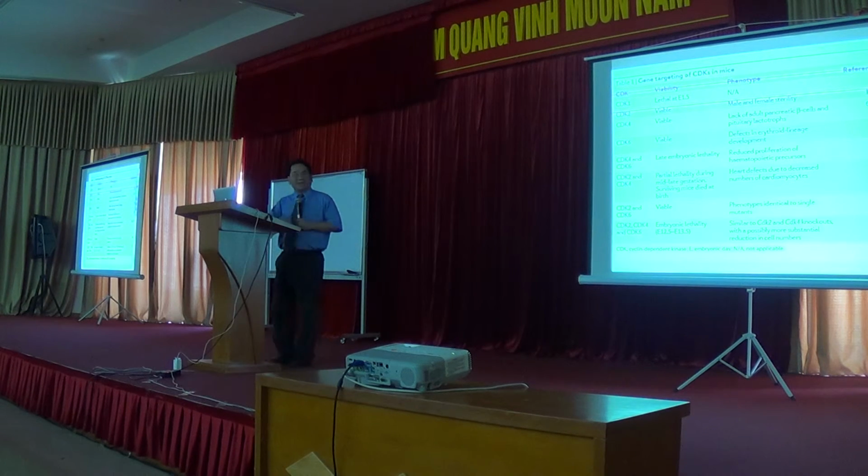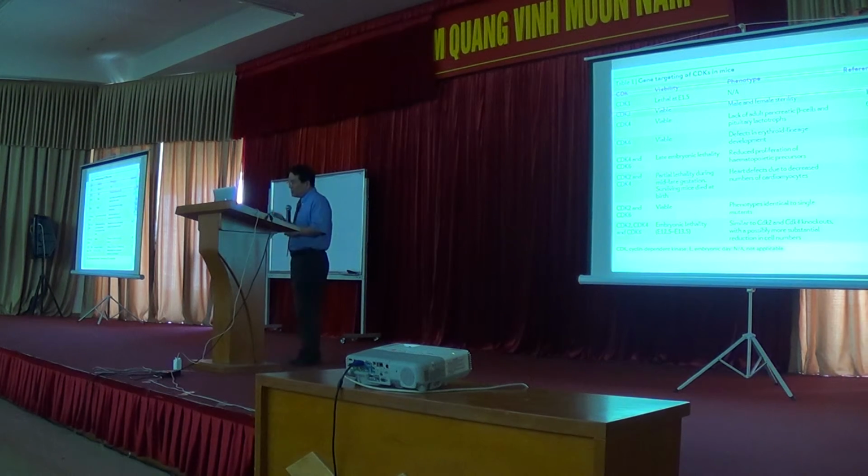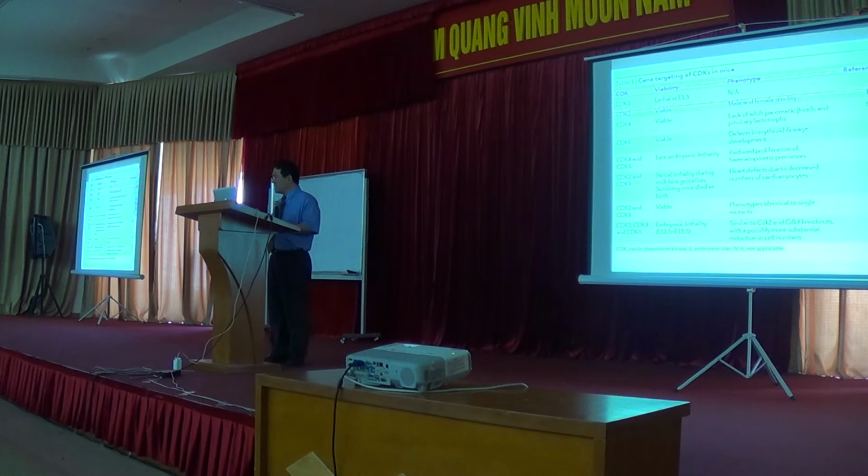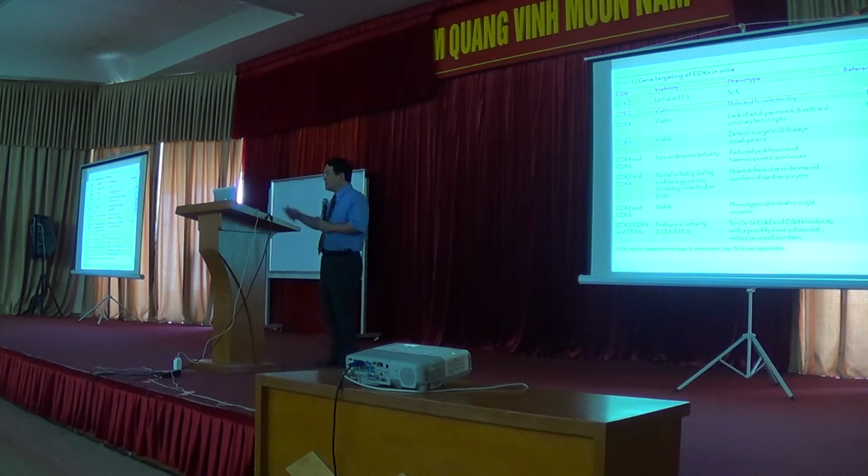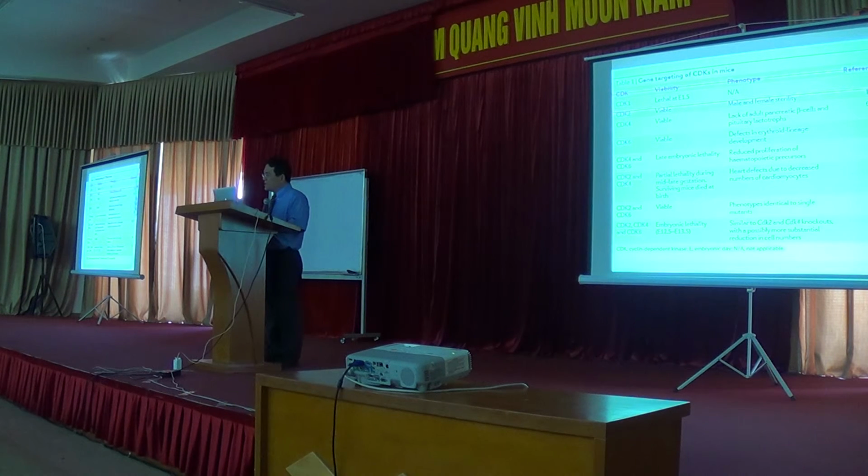Okay? So here, I just want to point out to you, these genes are very important for cell cycle proliferation, as we found out earlier. But we do want to know how indeed they contribute to the cell cycle. So the geneticists or scientists try to knock out either cyclin or CDK, okay? Here, just pointing out to you, CDK1 is the one we talked about. CDC2 is involved in M phase. Okay, remember M phase allows the cell to go into mitosis, doing the cytokinesis, allowing one parental cell to become two daughter cells.